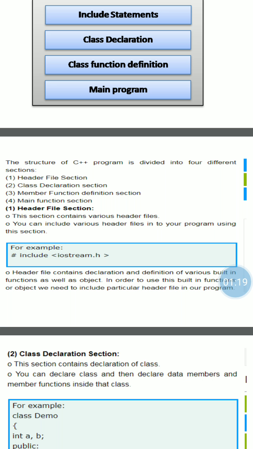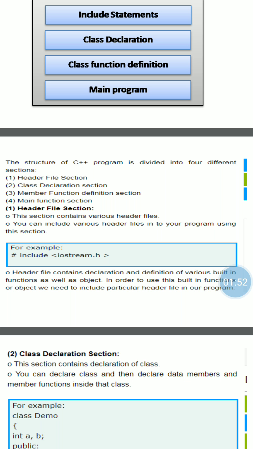This section contains all the required header files, because you can include various header files in your program, and with the help of these header files, the built-in functions required in your program are linked with our program. There are a number of built-in functions available in header files, and at the time of program execution we need these built-in functions.